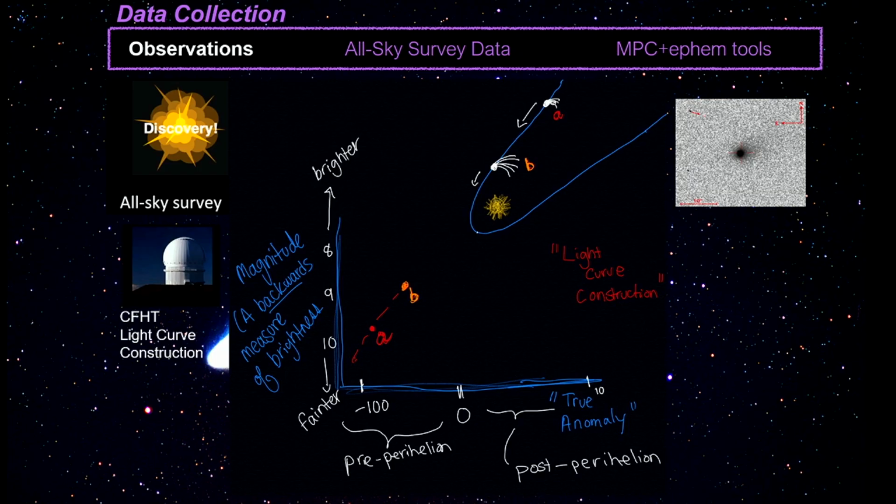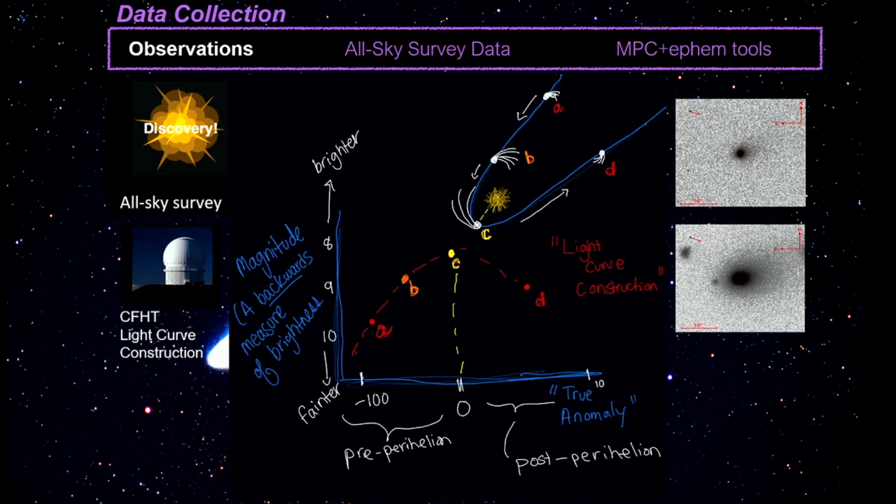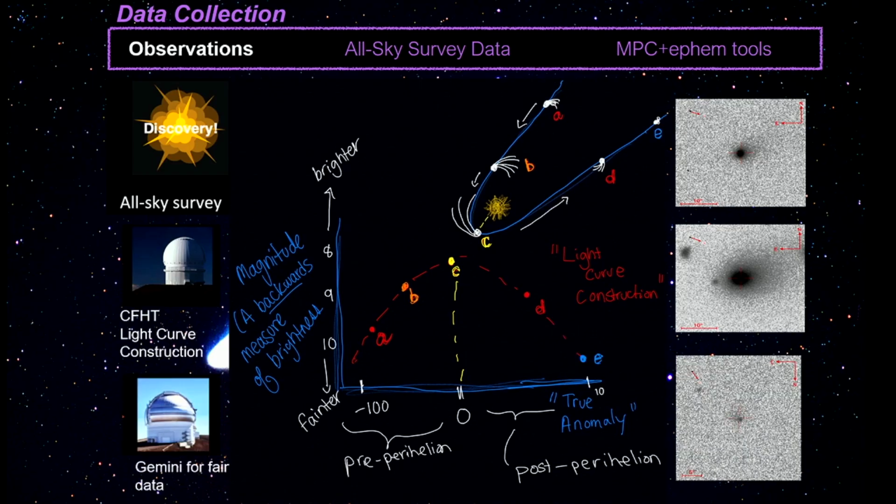It's just a way to orient perihelion as 0, and then all the negative values are pre-perihelion, positive values are post-perihelion, or the outbound part of the orbit, okay? So as a comet's going through its orbit, it will get brighter because of the outgassing that will get more prominent, the dust tail. When we're measuring the brightness contribution from the dust tail and the nucleus in an aperture, that will cause the brightness to increase. And then as it goes outward, it will get fainter and fainter, and that's when it's more optimal to use